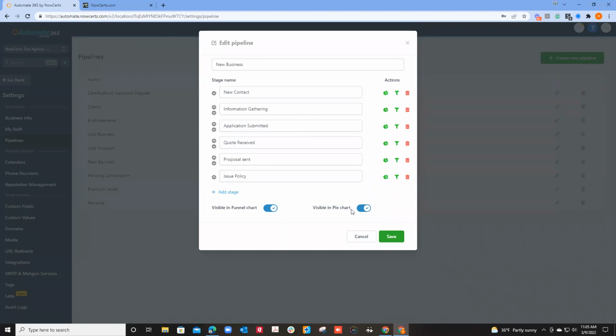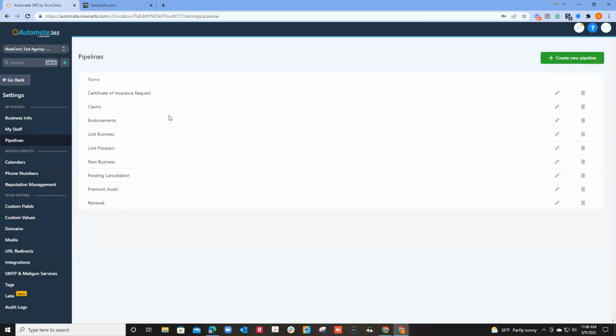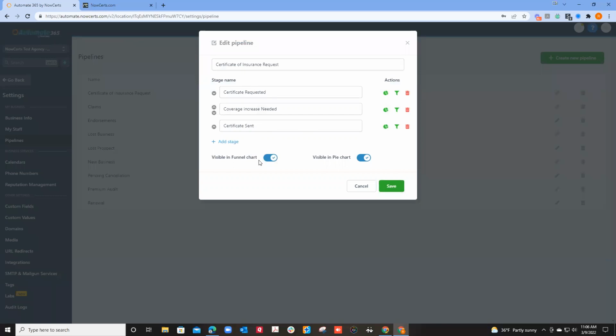For example, this one's new business, and I wanted that one visible on the funnel chart and the pie chart. But the certificates, claims, endorsements, those were kind of service oriented, like premium audit. This one, I guess it was visible, but in my agency, I don't have that visible on